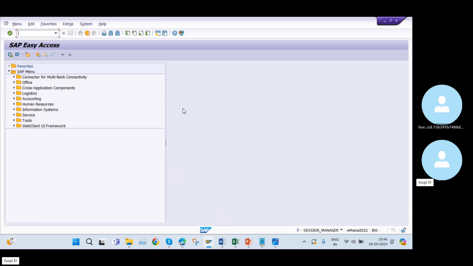Why? Because in SAP, one point is very clear: with each and every version, upgrades happen and new updates come into the picture. That's the reason if you practice on a different server like 2021, 1909, or the ECC system, definitely the screens will be